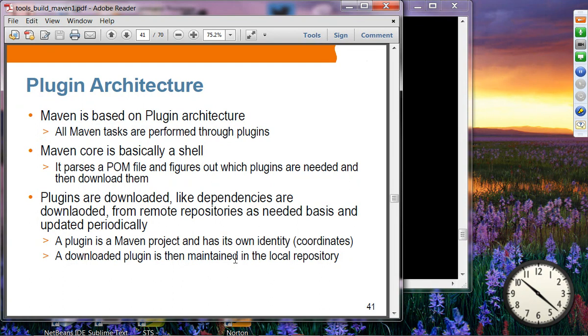The plugin is downloaded, and then the plugin is going to run the task. So the Maven command itself, when you are running Maven the first time, is just a shell, and then it will download everything that it needs and install it into your local repository. So it parses the pom.xml file, figures out which plugins are needed, and then downloads them. So the first time you're running Maven, you might see some downloading. After that, it's going to look for the files in the local repository,